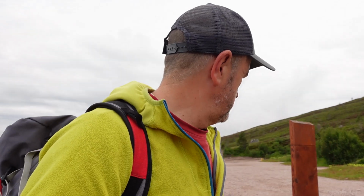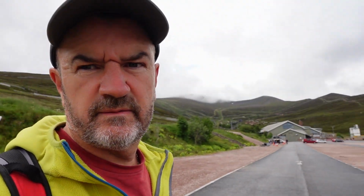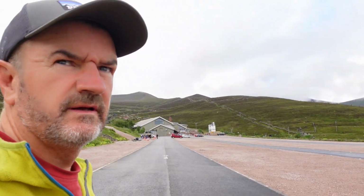So you can either pay for parking all day, it's like £3 for a couple of hours, £5 for a whole day, or just park outside the gates, which I tend to do. It's nice and quiet, virtually no wind. So this is the big car park. You can see